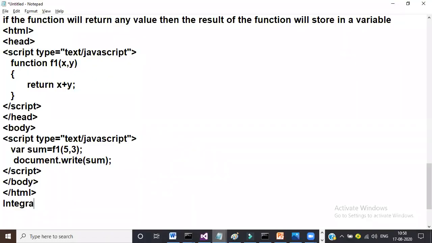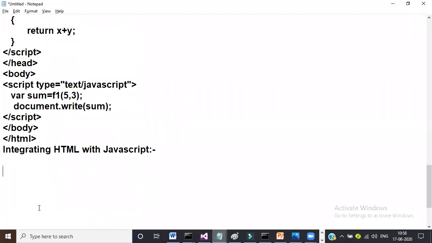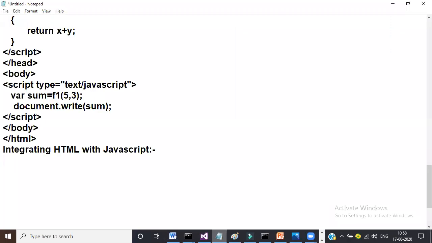For example, integrating HTML with JavaScript. Let us see here. I'll try to open one HTML tag. So here I'll write how to catch HTML element values at runtime.